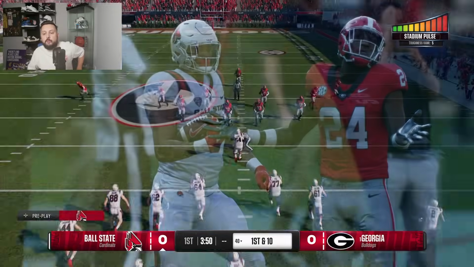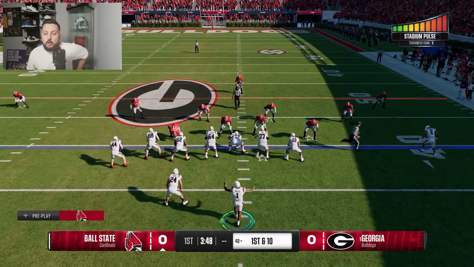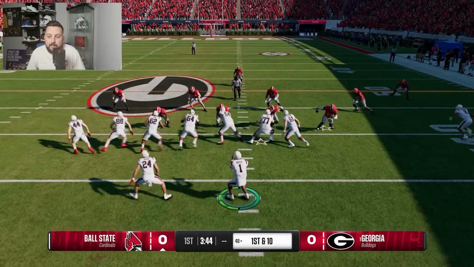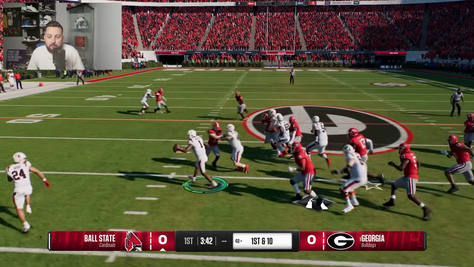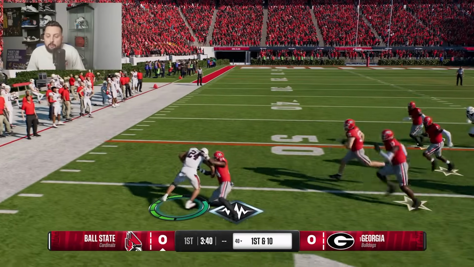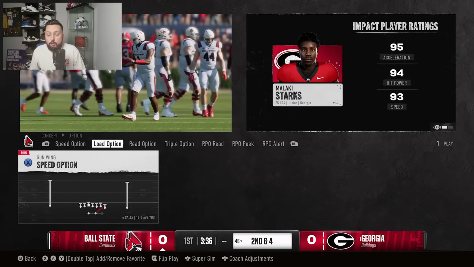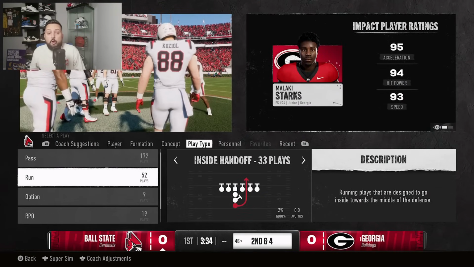We're going to run it back with the speed option here, with him back here. This is how I want to play. I'm not going to try to air it out. I'm not going deep. Not in Georgia against Georgia. Like, no. We're not doing that. We're playing smart football here. We're going to do things that are low risk, meaning low chance to turn it over, but also chance for